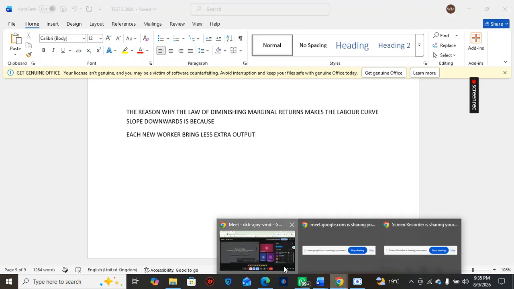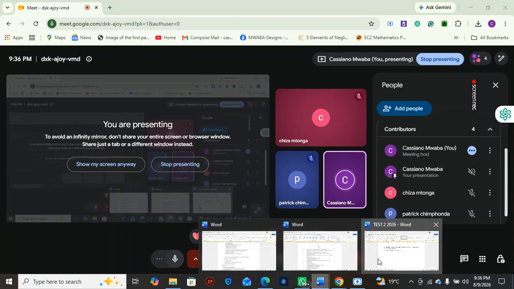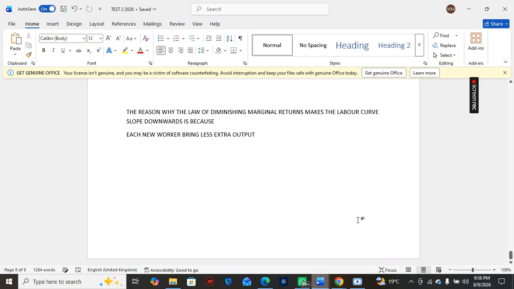would you want to increase their wages? No, you wouldn't. You would say that, okay, since this new worker is going to bring in less output, you would want to hire them at a lower wage. Okay, because what's the point of paying them a high wage when they're bringing in less extra output? Okay, so as each new worker brings in less extra output,